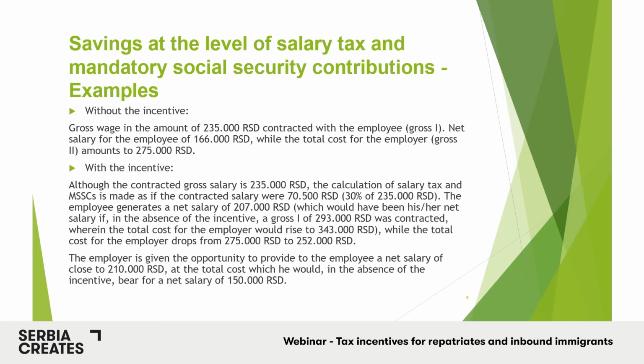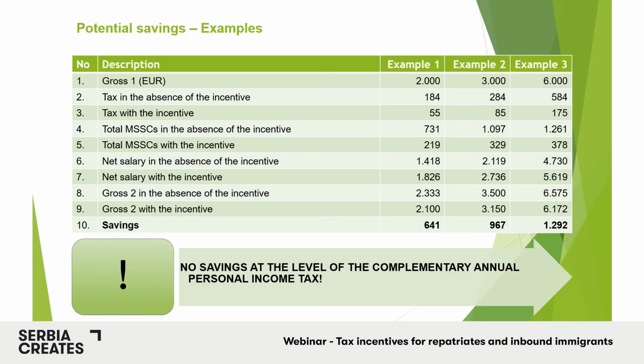You are enabled to provide your employee with as high as possible net salary, while your total cost of this salary is actually lowered. So at this point, this is basically how the mechanics of the incentives are provided. And herein we have